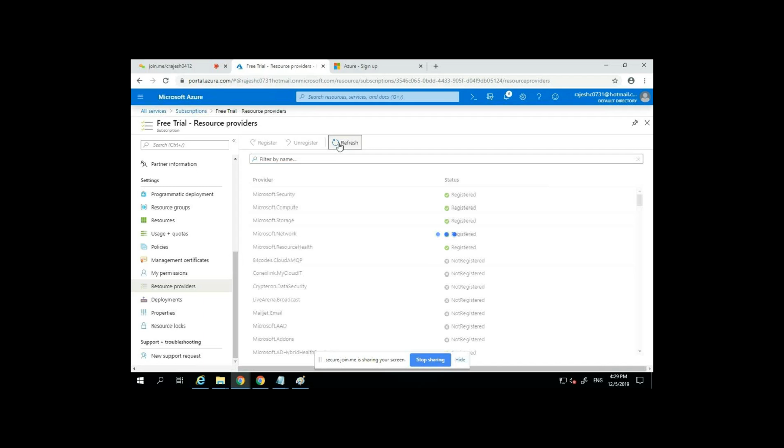If you see here, Microsoft.compute, Microsoft.storage, Microsoft.network. So in a fresh subscription, if you have not created any resource, all these providers will be in not registered status. That means you have a fresh subscription, and that subscription is registered with Azure, but not with that particular data